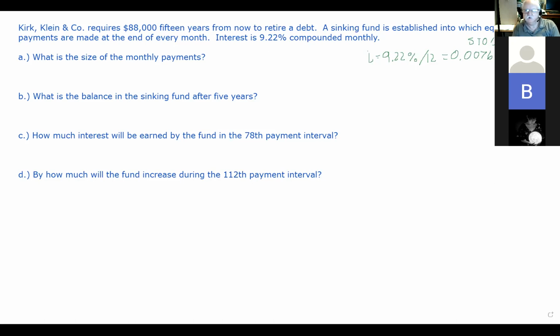Okay. And we're going to need to know n. 15 years, and it's times 12. I won't do it times 2 this time. 15 times 12, 180. So the size of the payments